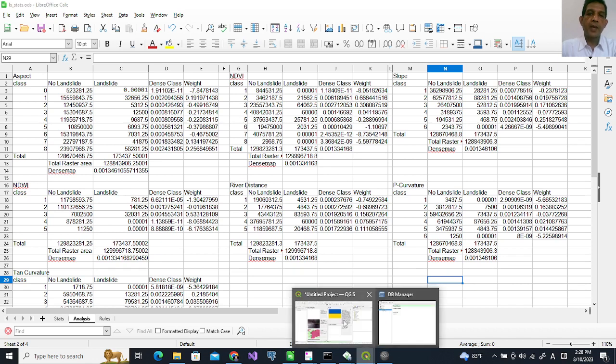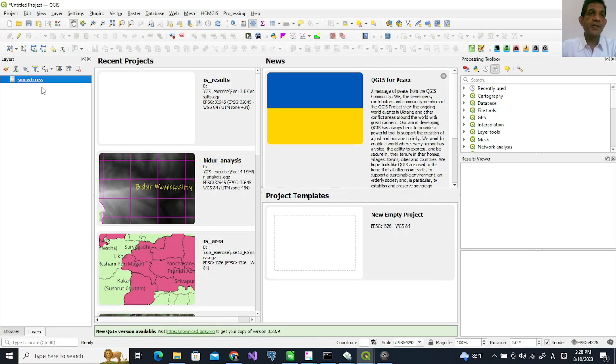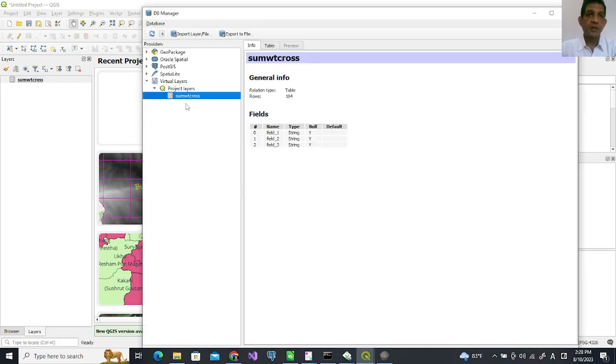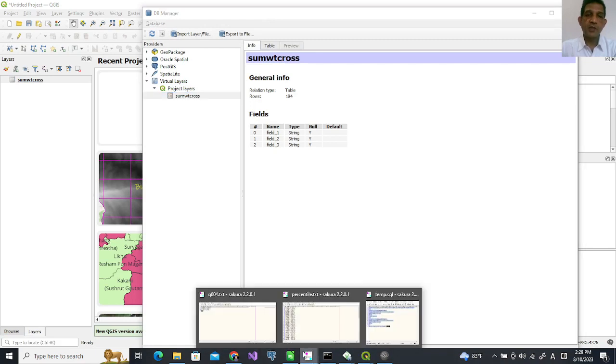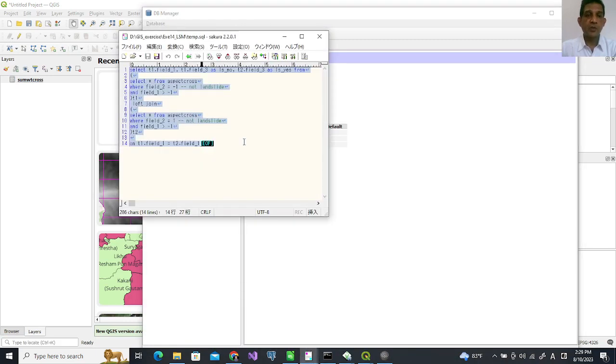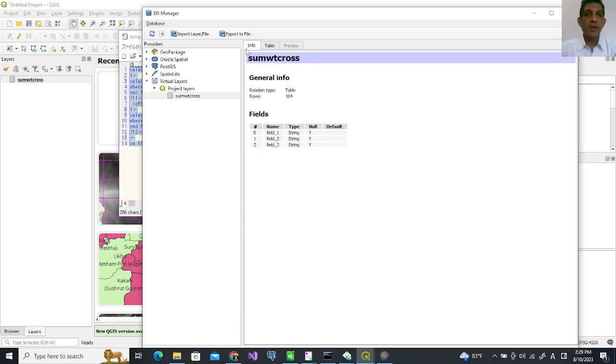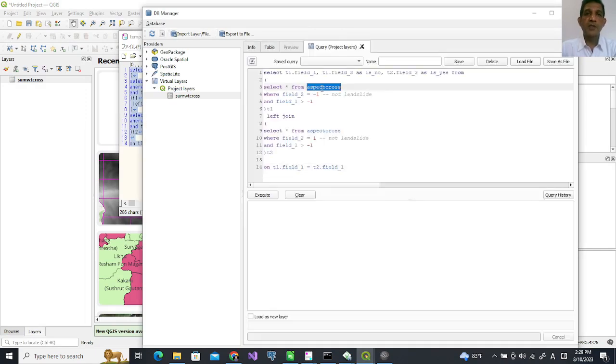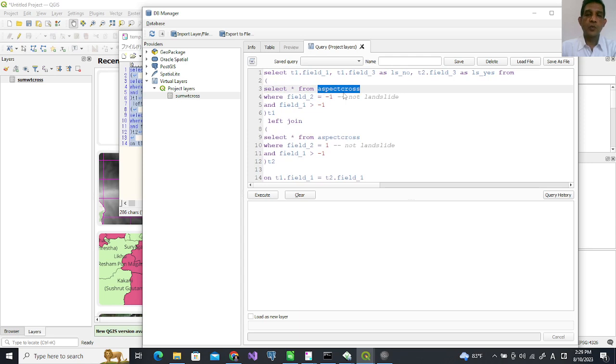So I have this QGIS, and using DB manager I have opened this sumweight cross already, and we will use the same SQL. So copy and paste here and change this to sumweight cross here also,